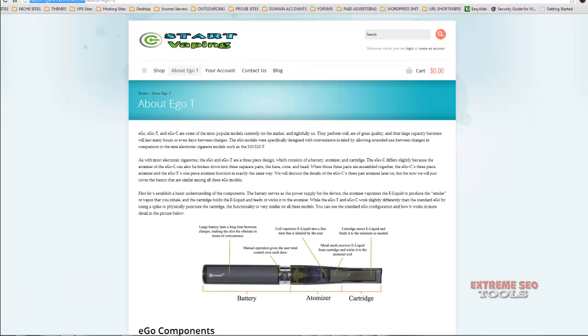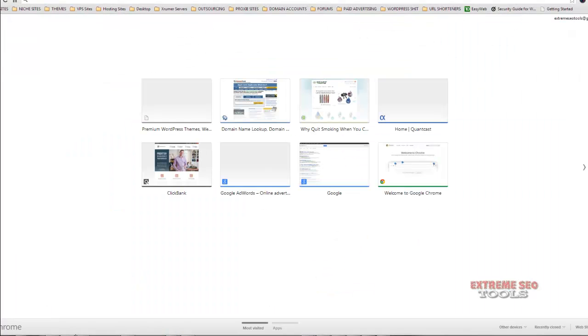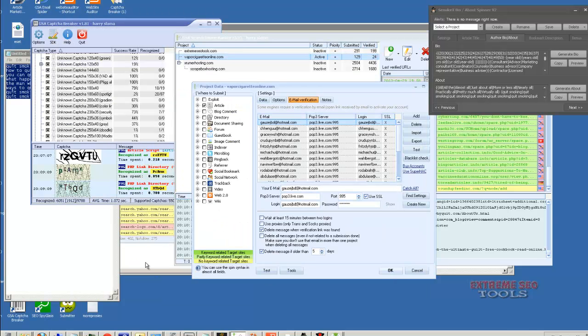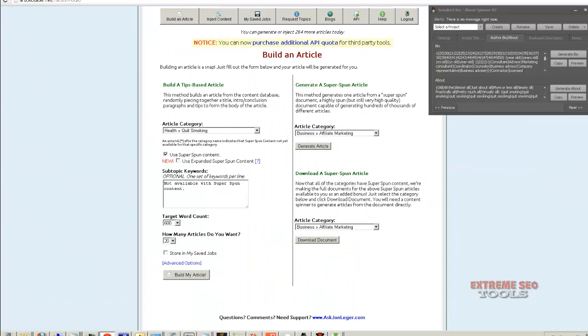Okay, so I think I already got one open. I'm going to put article builder logins in either the README file or there's another file on the desktop. I thought there was. Just check your README file on the desktop. So I'm going to have article builder logins in there. The article builder has a